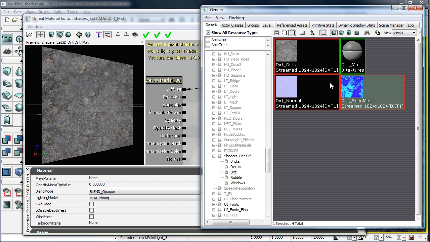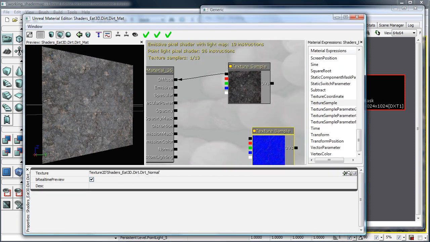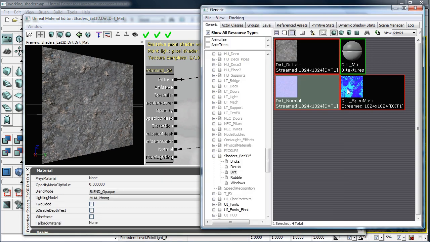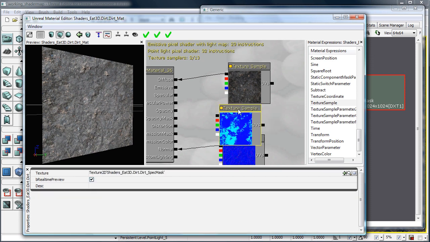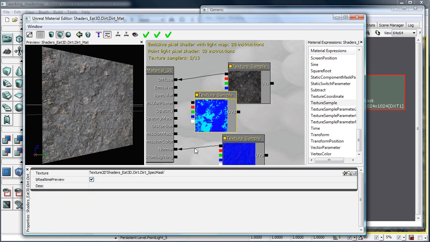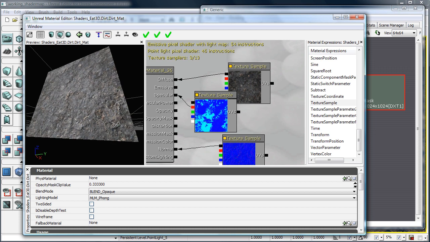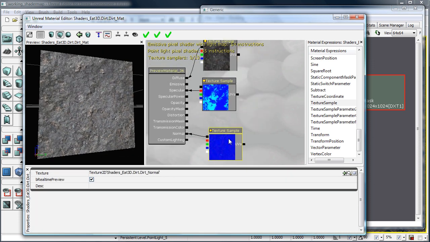Pretty dirt texture. We'll bring out the normal. And the channel texture. And the first one was speck mask, so we'll plug that in. So this is a basic shader,